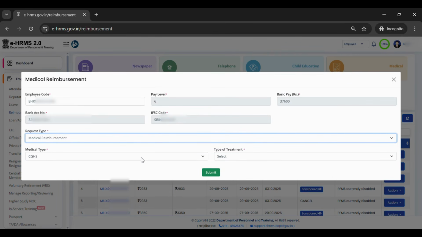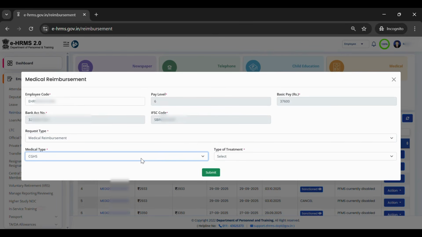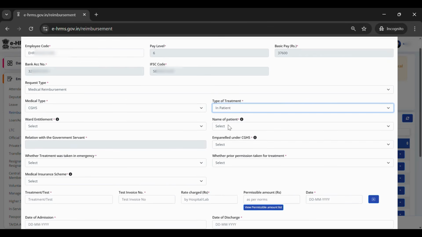The second type is a medical reimbursement claim. Select this option, and further, you get two more options, whether it is under CGHS or non-CGHS. If it is inpatient admission, then you will select inpatient. After that, you will fill in the details: name of the patient, ward entitlement, whether private or semi-private, and